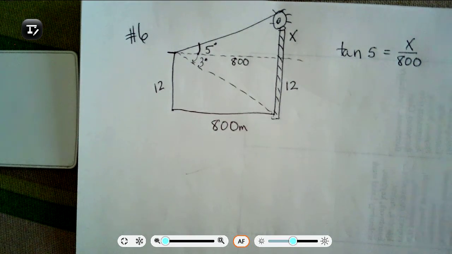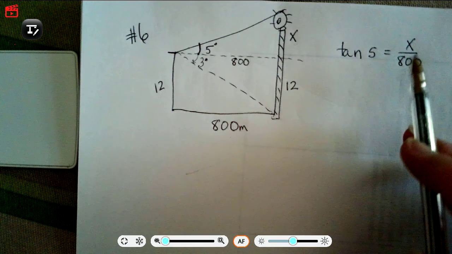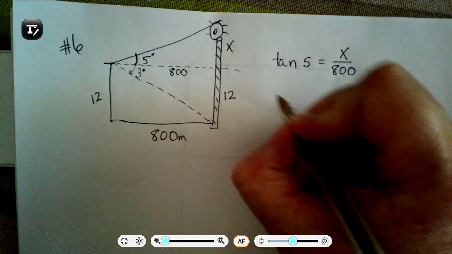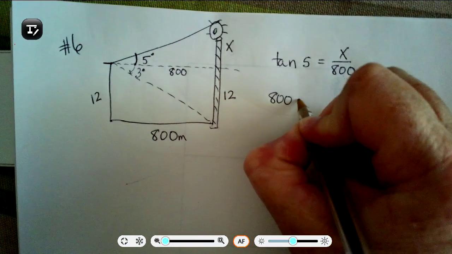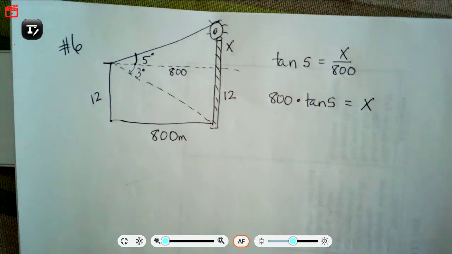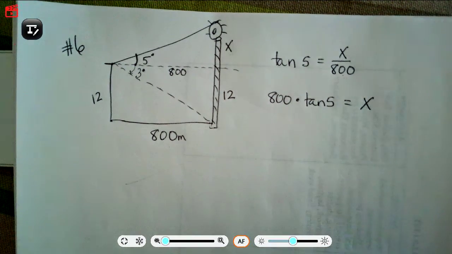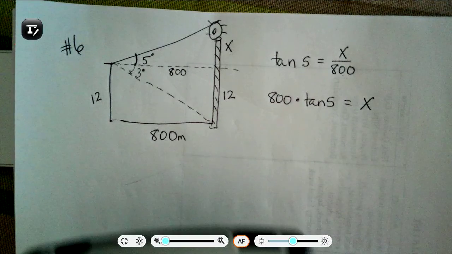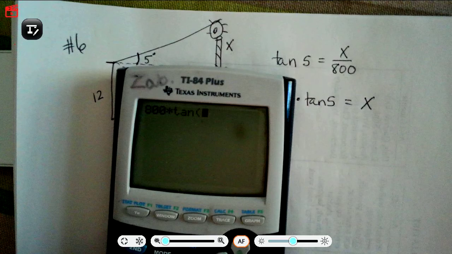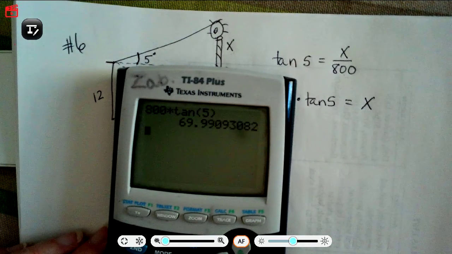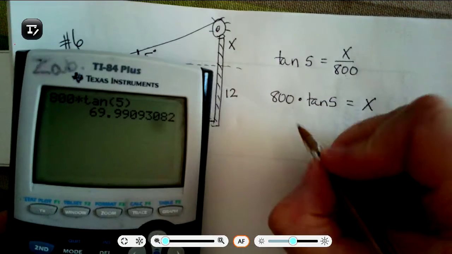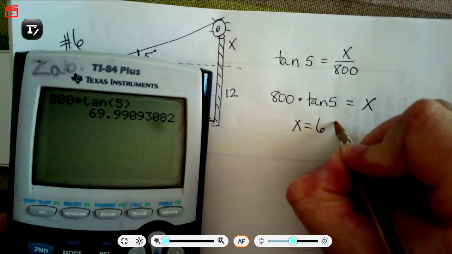And so when I do that, to solve, I need to multiply the 800 on both sides. And so I'm going to get 800 times tangent of 5 is going to actually give me a value of x. So, okay, I'm going to grab my calculator and calculate that. I'm going to take 800 times tangent of 5, and I end up with 69.9909. So x is approximately